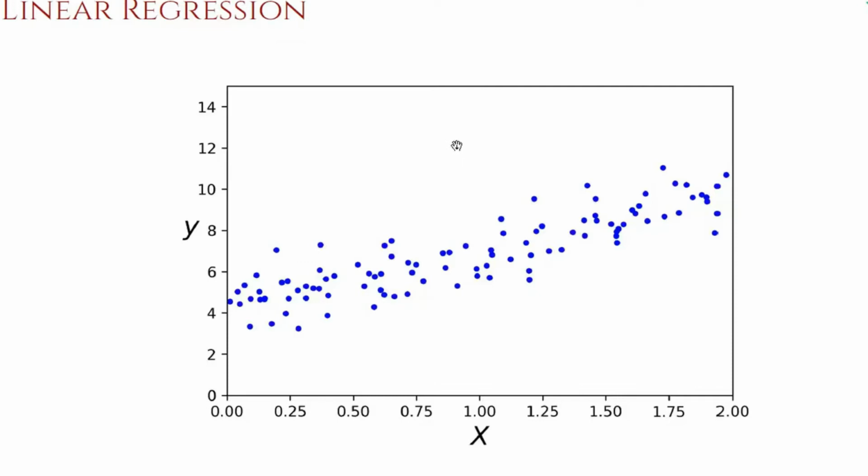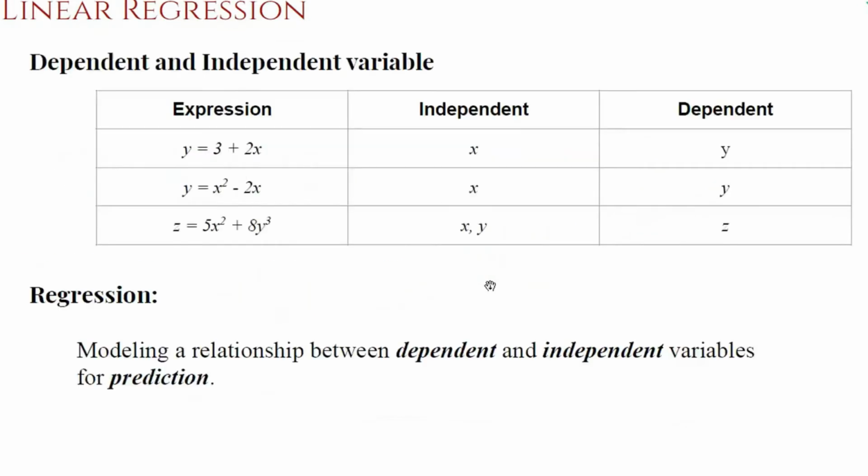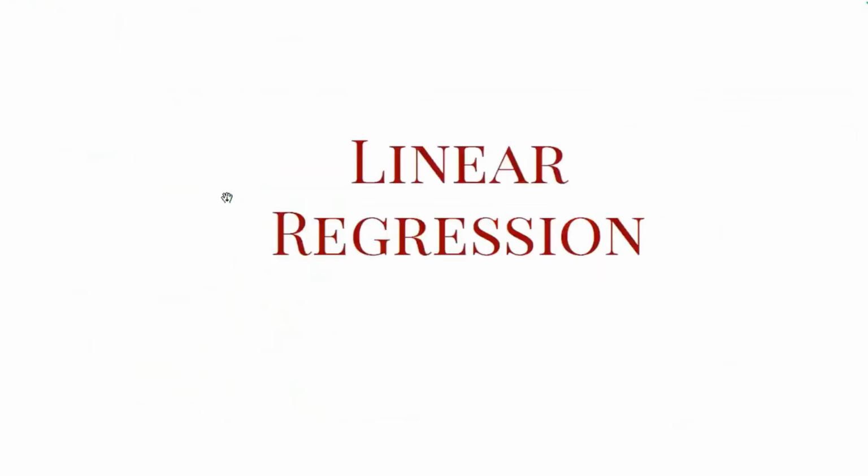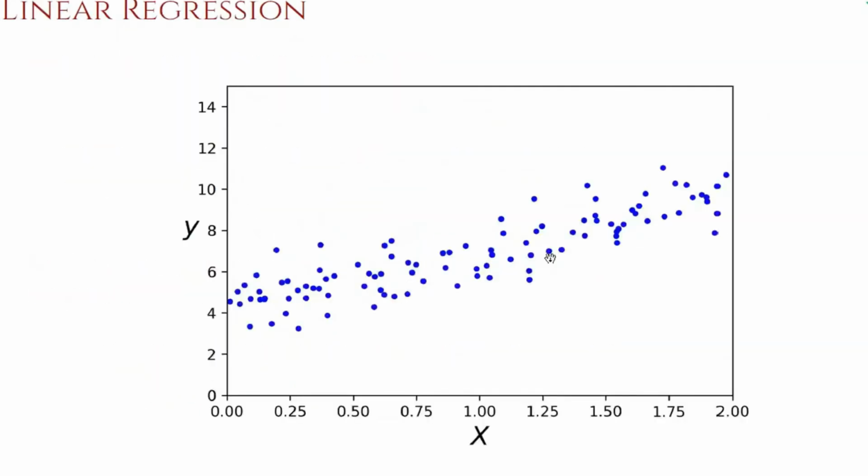So here for the simple case, for a univariate linear regression where you only have one independent variable and one dependent variable, here what we have done is we have simply plotted the data set. In the previous example, I was showing you only 10 samples, but let us say using this particular equation, I added some random noise and I generated 100 such data here. So what I'm doing is that I'm just simply plotting all those 100 values in a graph.